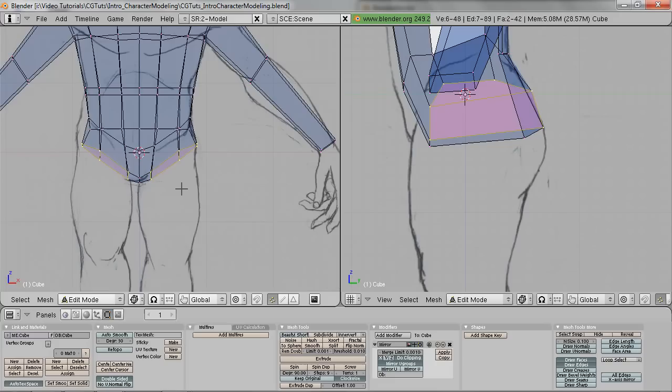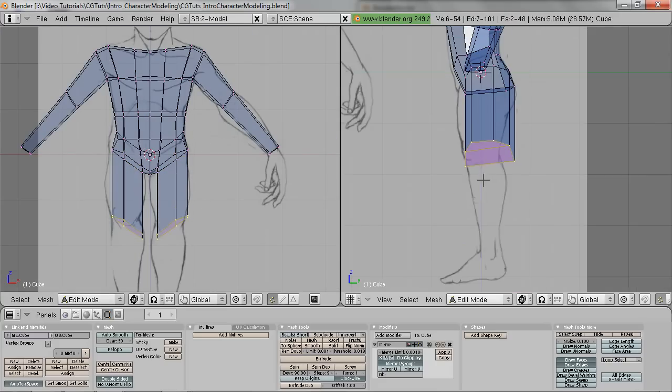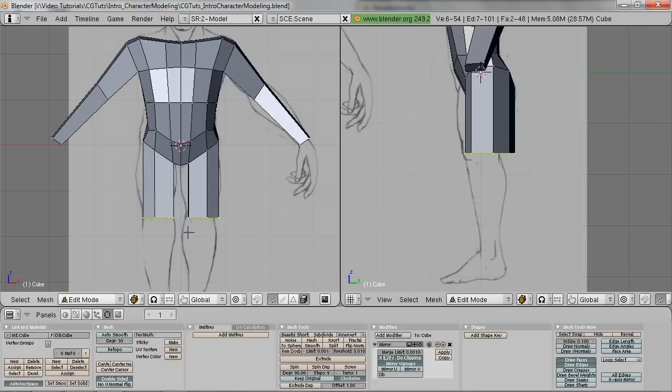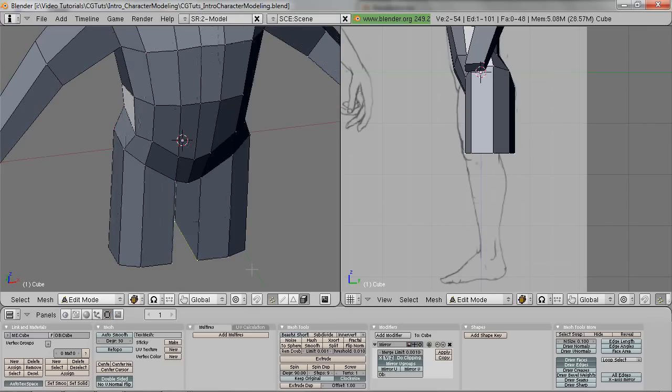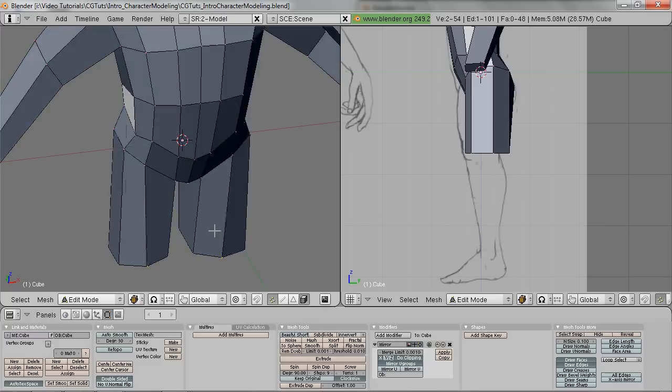And we don't want to extrude from the groin here. And so we'll just hit E to extrude, right click, and take it down to the knees. And then let's hit S, Z, and 0 on our keypad to scale it down to 0 for flat. And so now we just have a nice flat mesh, at which point we can maybe select these ones here, scale them in a little bit, maybe take these two, pull them in towards the center,